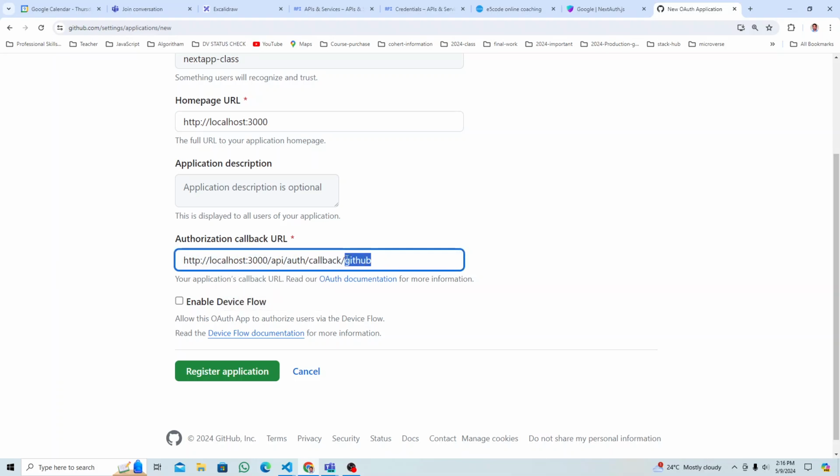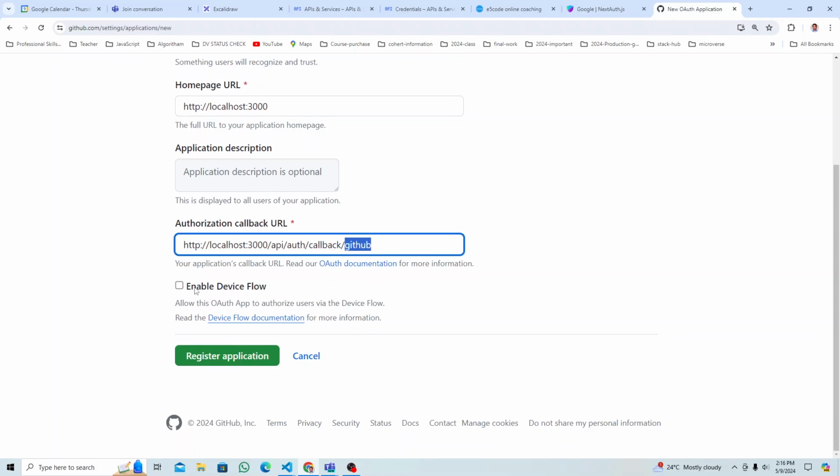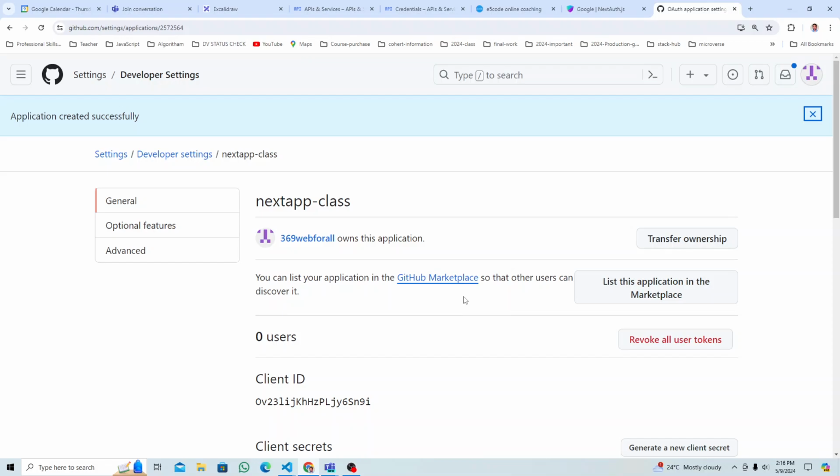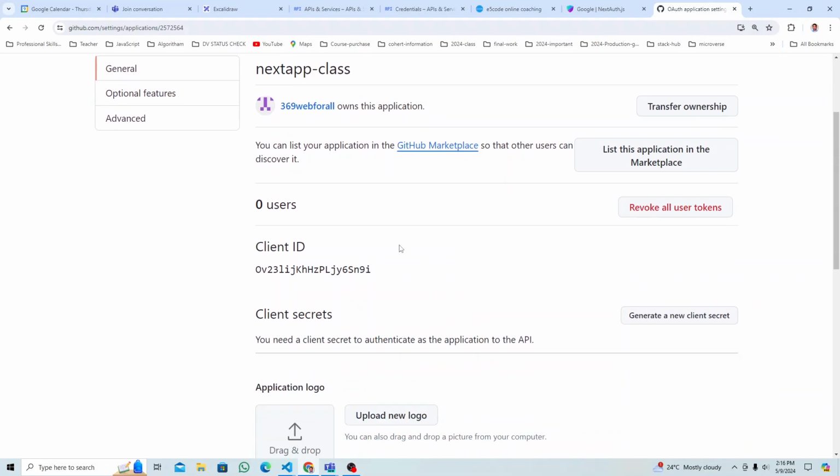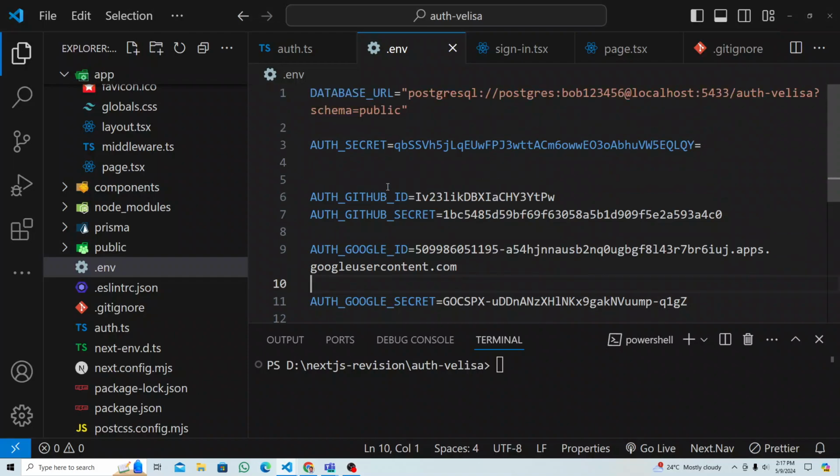Now it is GitHub. Google had Google, right? But this is GitHub, and you don't have to select all this. Just click on register application, right? And you will come to this page. So just copy the ID, this ID, and you will go back to your AUTH GitHub ID, right? Just add here,